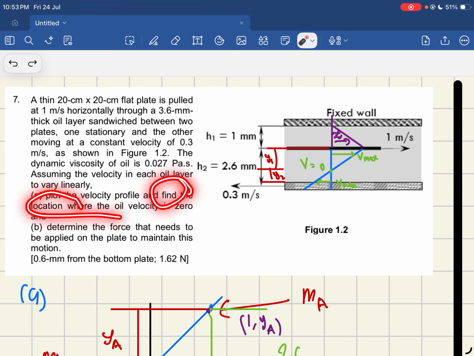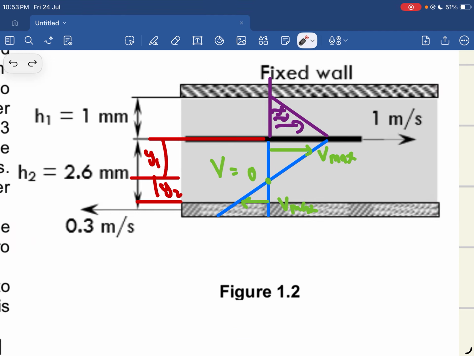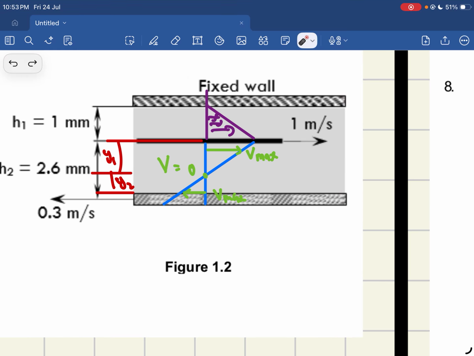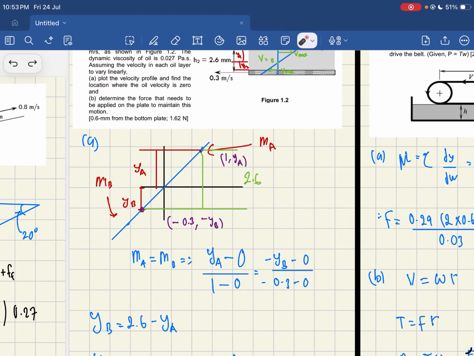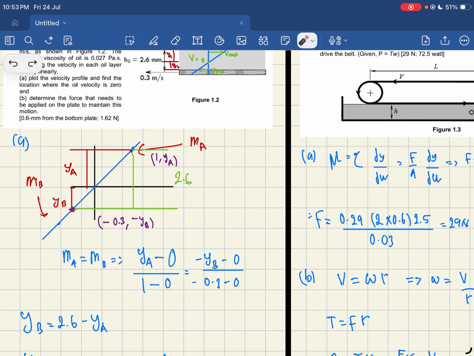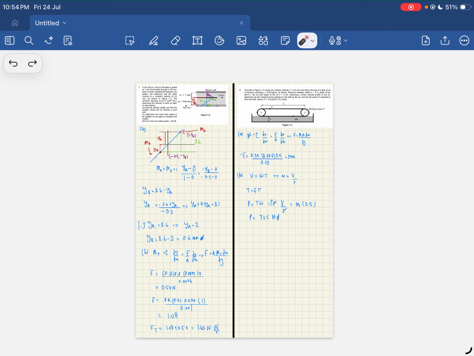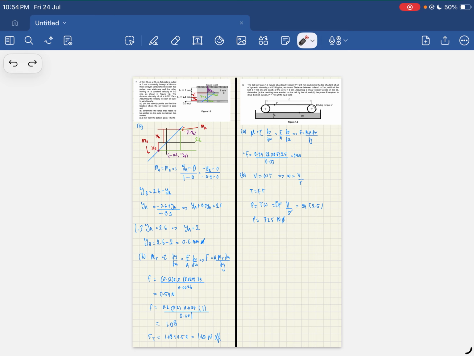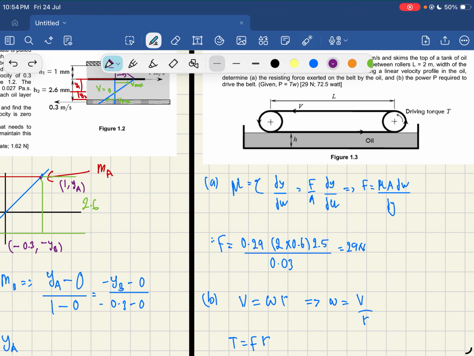Find the location where the velocity is zero. Here we will use a simple math principle, which is graphing and finding the gradient. How do we do that? Here you can see I have made a problem solving, in general. Maybe you can take a picture of it and try to understand it on your own first. But anyway, we're going to make this solution